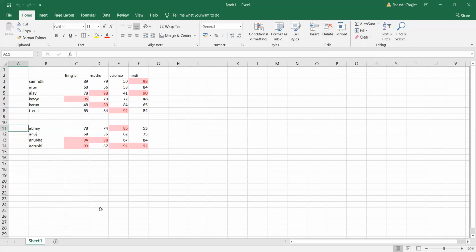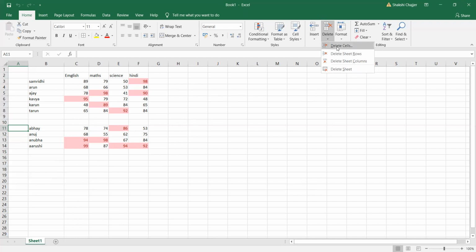So there are two ways of deleting the sheet. Either you can go to that sheet, click on the right arrow and you'll get the option to delete the sheet. Second option is you can simply go to this delete option and click delete sheet. If I click on delete sheet now, the sheet which is opened over here will also get deleted.